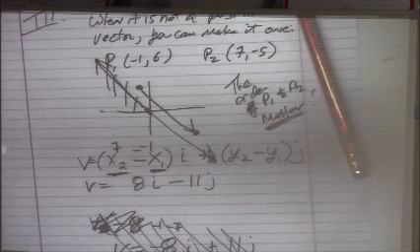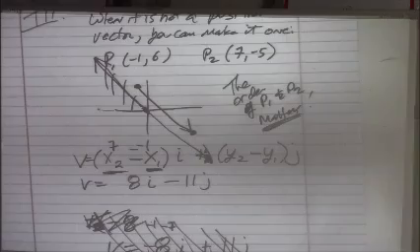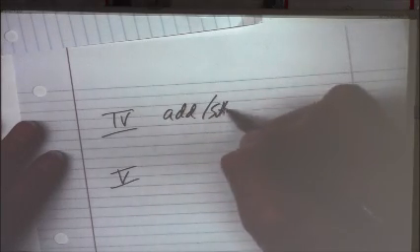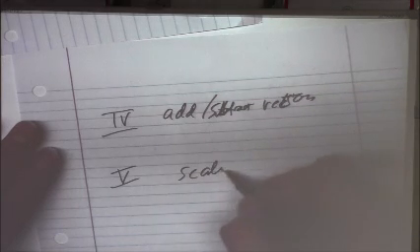Okay. The next two sections in the textbook are adding and subtracting vectors and doing scalar multiplication, and I am not even going to bother talking about those. Those you can learn on your own. Those are really pretty easy. I'm going to make a little note on here just because I'm going to post this up on the website later on, saying add, subtract vectors and scalar multiplication